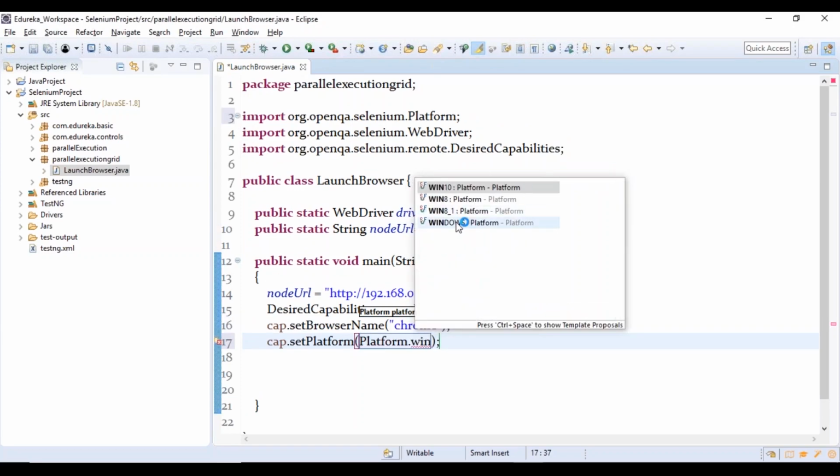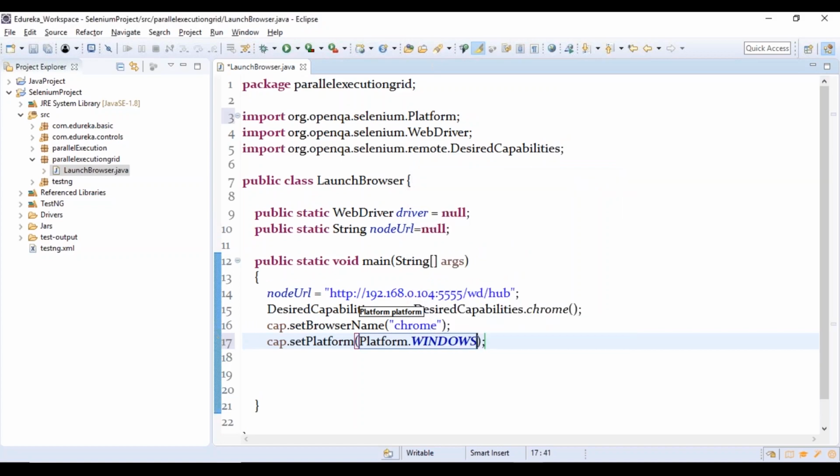I'm using Windows. You can specify the version as well, Win 10, Win 8, whichever you want. But here I've specified Windows, so whichever Windows version you're using, it is going to fetch that. So what I've done, I have set the browser name, I have set the browser capability.